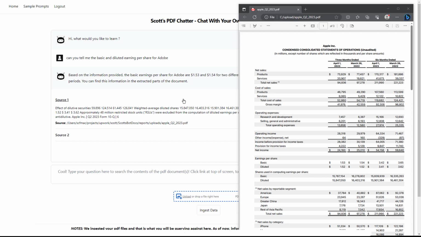And so we asked it about the earnings per share for Adobe, 1.53 and 1.54 for the two different time periods. So here is the information here, basic and diluted earnings per share, 153 and 154. So I could go on and on asking all kinds of questions. I don't want to bore you with more details about that, but I just again wanted to show some progress